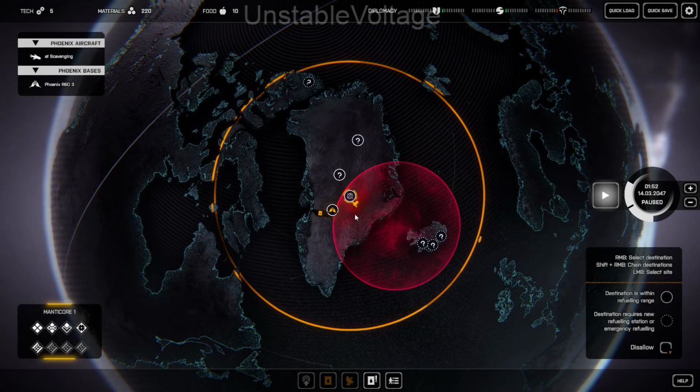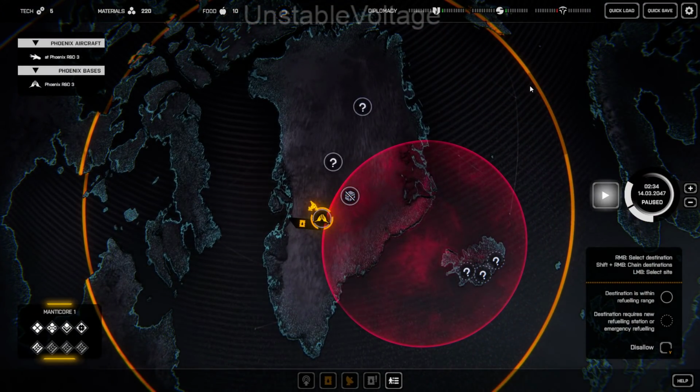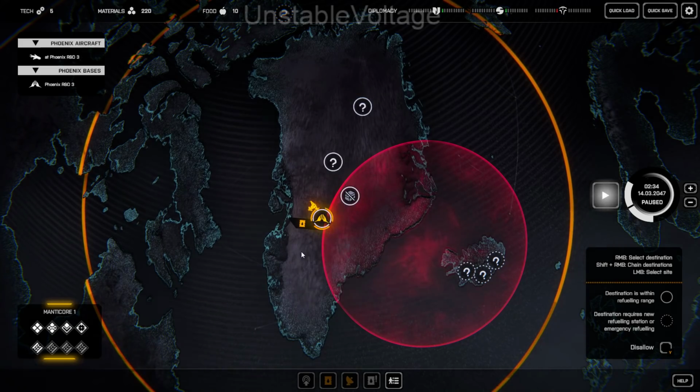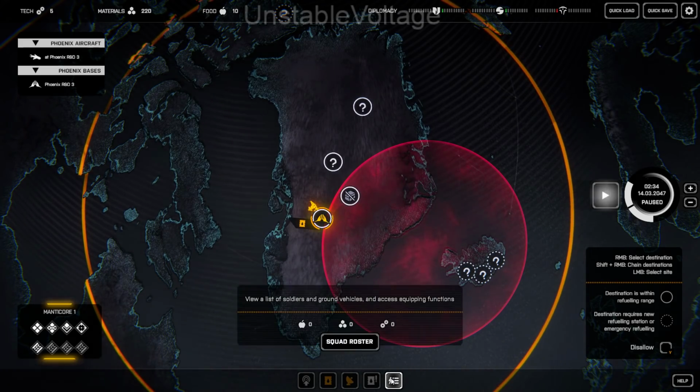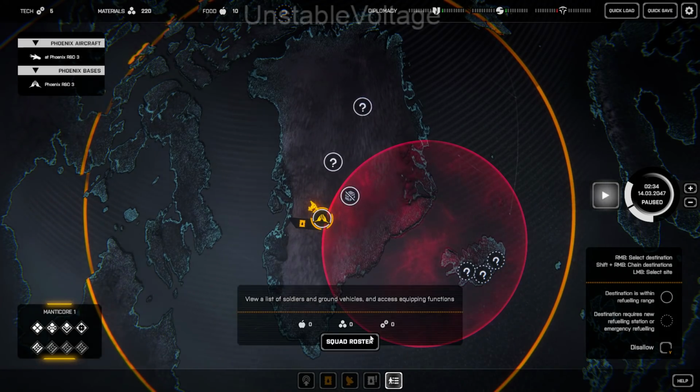So let's just go ahead and hit OK there. And what I just want to do now, I'm just going to return back to base. And you can see that orange circle's now become wider because we've just refueled. And I'm going to show you a couple of the other things. So we've got the squad roster. This is what you see when you have your